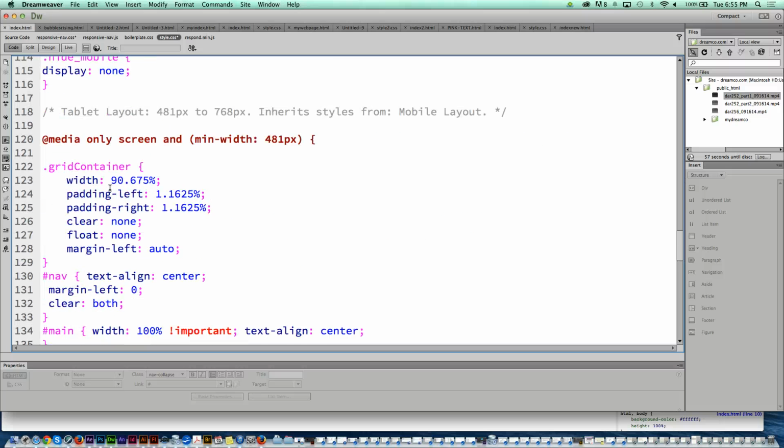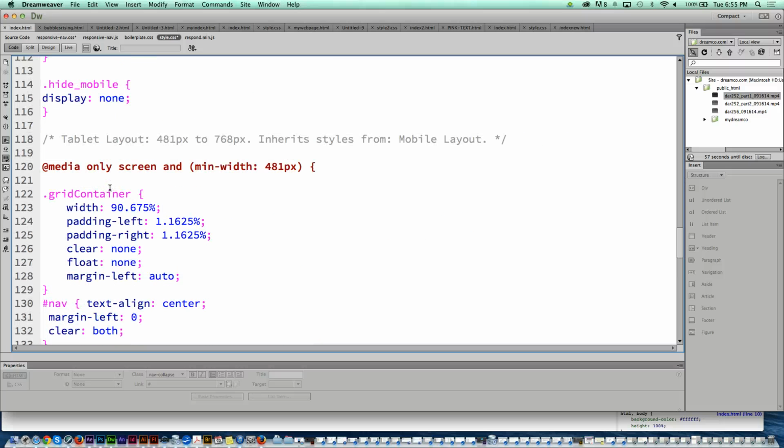Now, if you scroll down a little more to line 118, you see a comment that says tablet layout for websites that have a width of 481 pixels to 768 pixels. And it says that it brings in the styles from the mobile layout, right? But of course, you can supersede the mobile layout. There, I'll show you some tricks to supersede the mobile layout with your tablet design and use bigger logos and different formats.